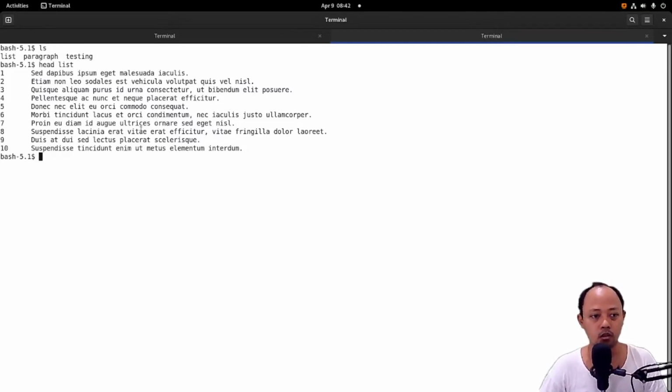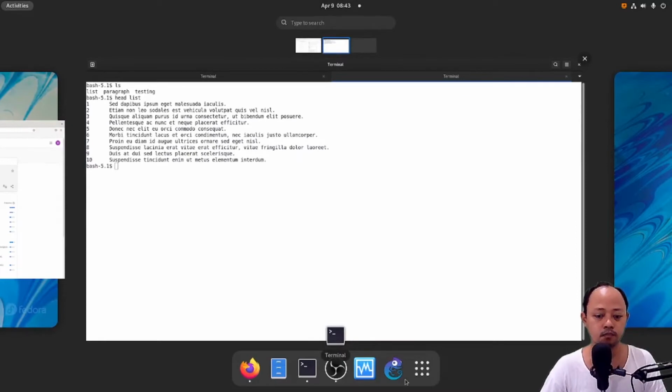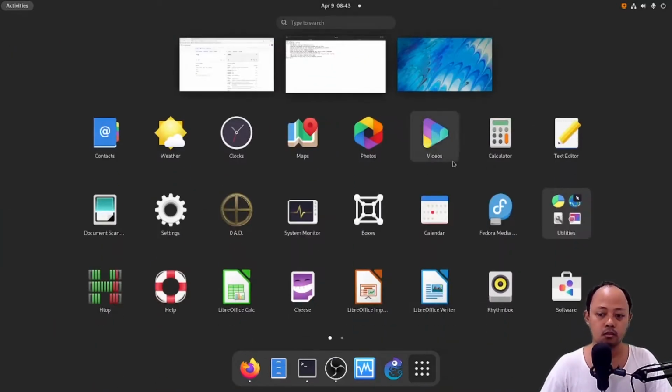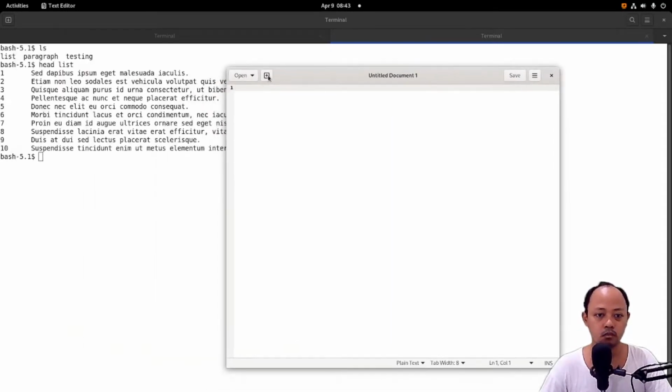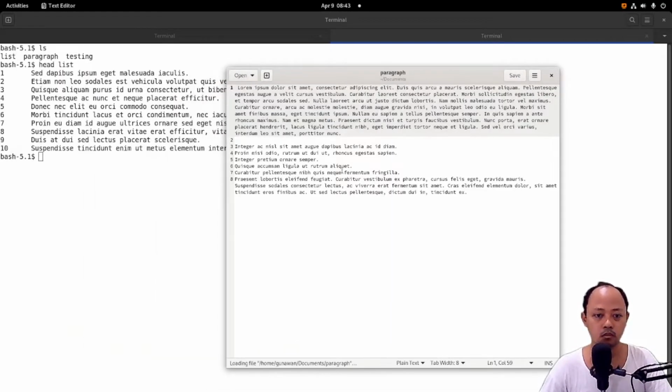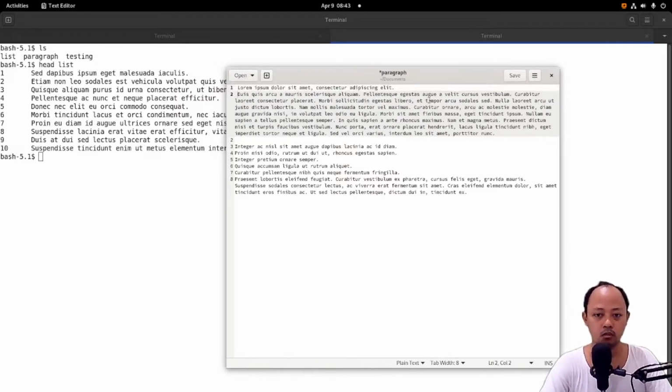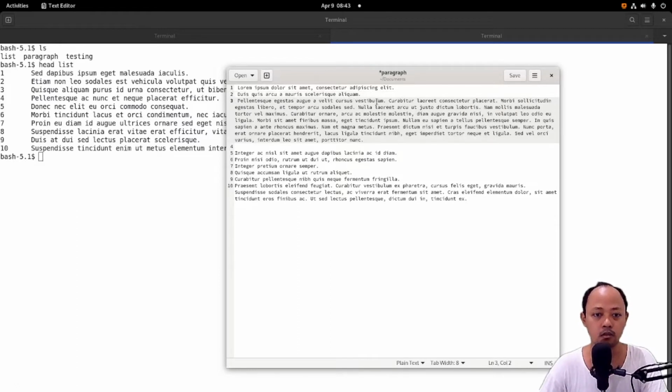And for the paragraph file, I will edit it so that it will look like a list. I hope this paragraph file can give us something similar to the list file.